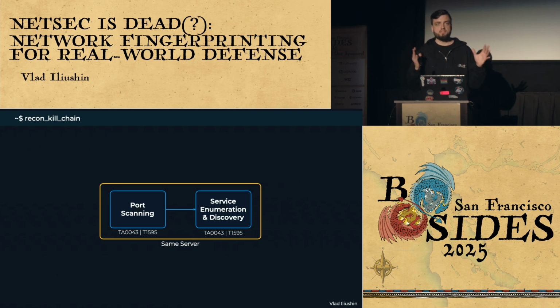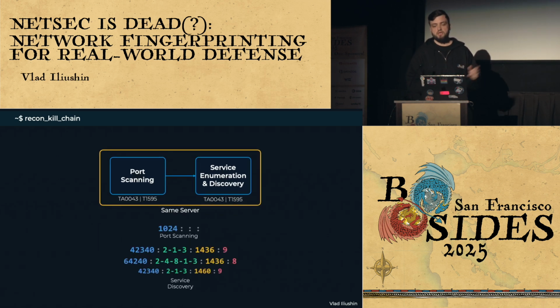So you have one stage, and this stage basically does both port scanning and also service enumeration, which will result in having two different sets of fingerprints. You will have one set of fingerprints used for fast scanning, and another set used for service discovery, depending on the network discovery engine that you're using.